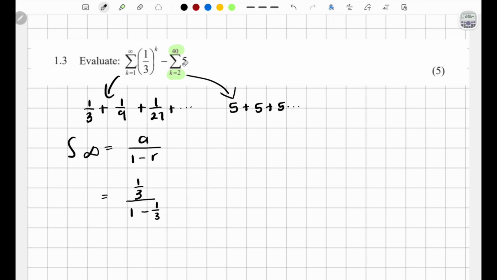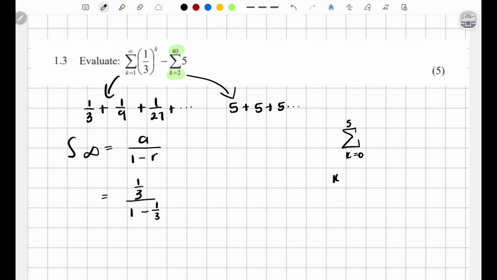Okay, what are the number of terms? It's not 40. You must never just look at that and say, oh, it's 40, because this starts where k is equal to 2. Just like if I had a series like this, the sum where k is equal to, let's say, 0 and ends at 5. If I asked you how many terms there are in the series, it's not 5. It's actually